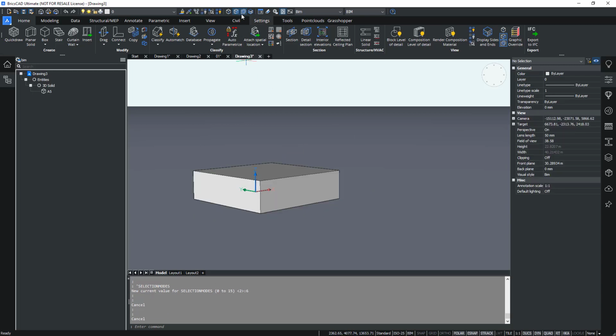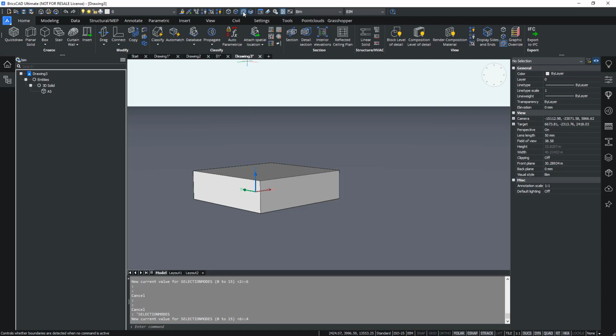So when the prioritized selection of faces is on, the faces will be prioritized over the solid. If you turn both of them off, it will always prioritize the solid first. So as soon as I hover over my solid now, the entire solid is selected. Now the opposite is true. When I hold Control, the subface will be selected rather than the entire solid, which was the behavior on Control whenever we had the prioritized selection of faces on.